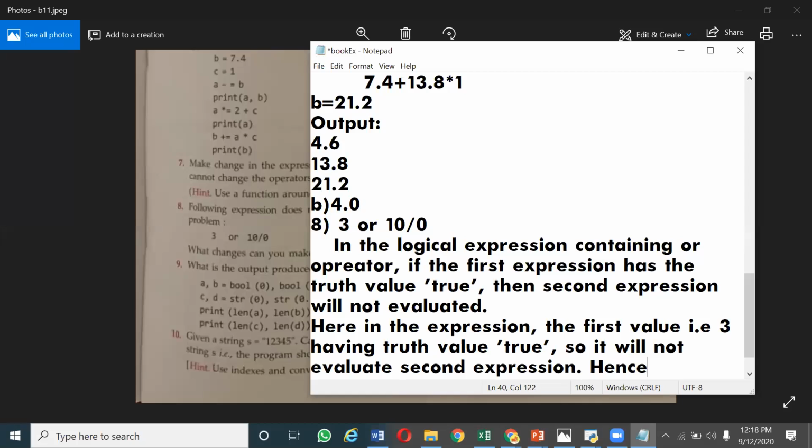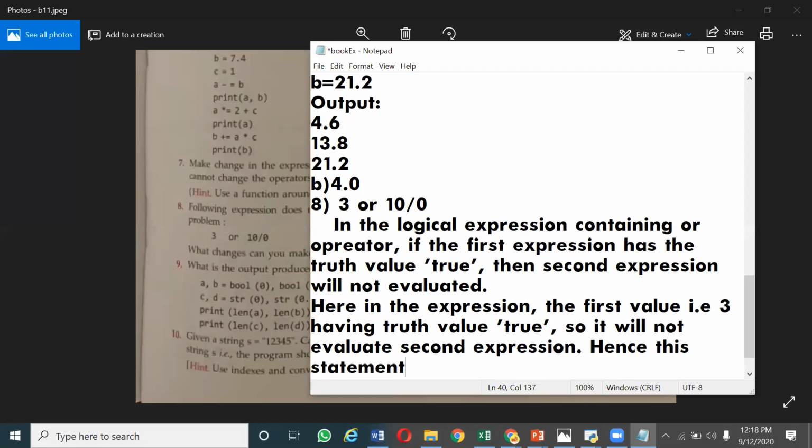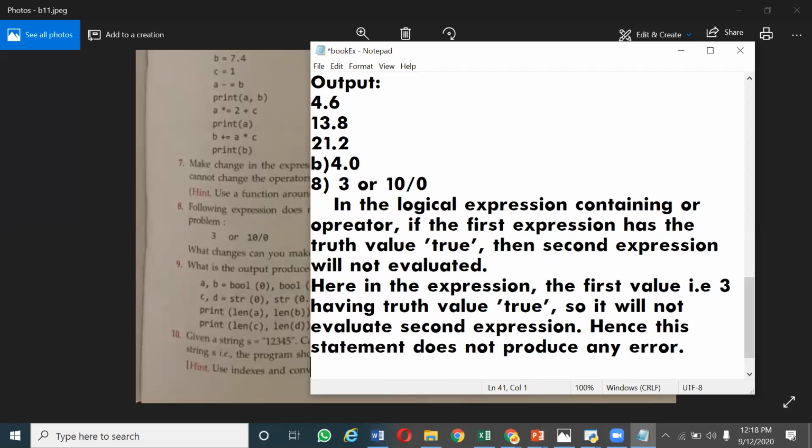Hence, this statement does not produce any error, right? Okay, so this explanation, full explanation you have to write.